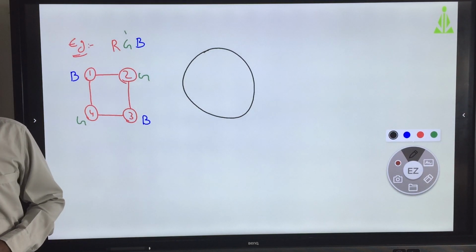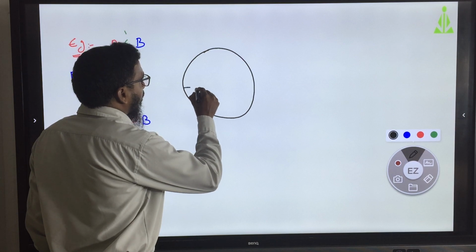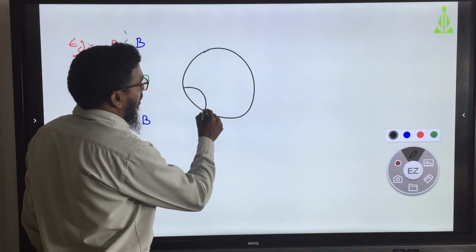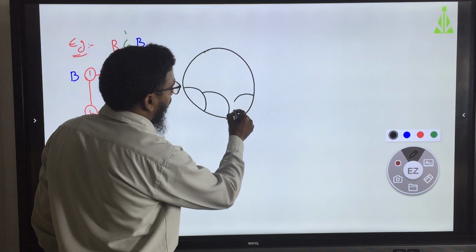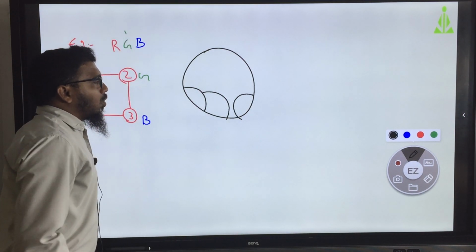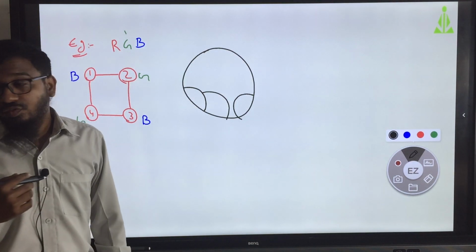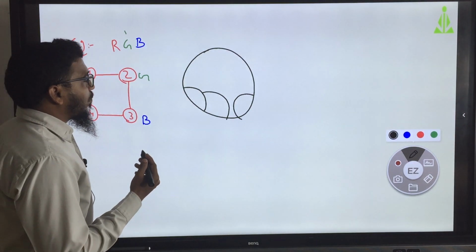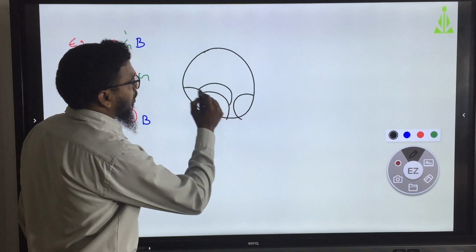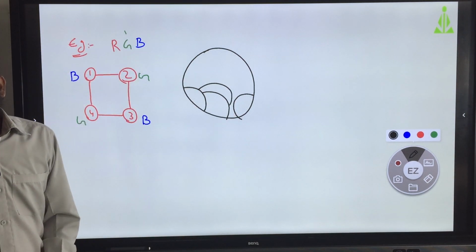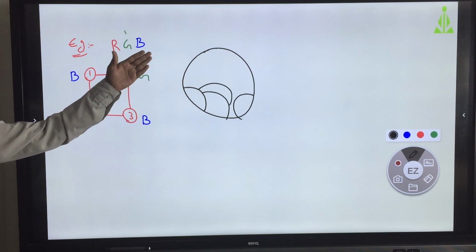This is a map, and I am dividing it like this: 1, 2, 3, 4, as well as 5. I need to give the 5 also. So, this is a map: 1, 2, 3, 4, 5.